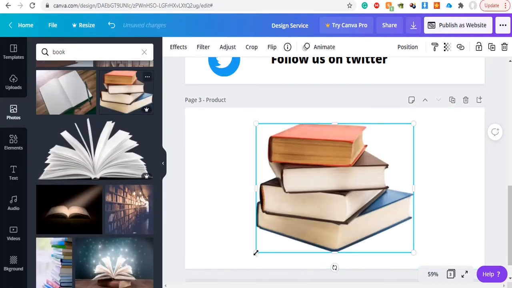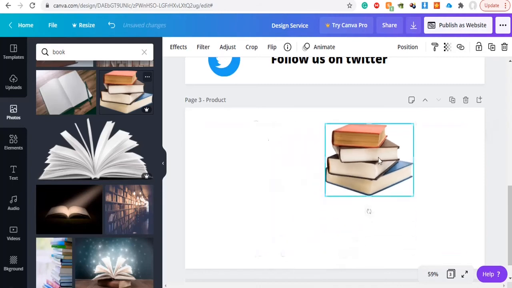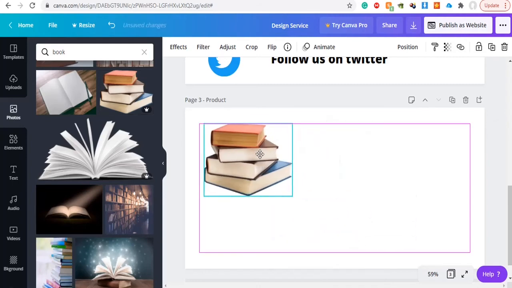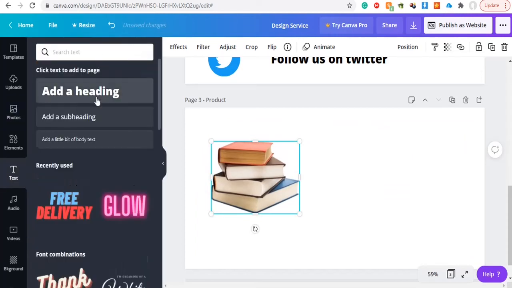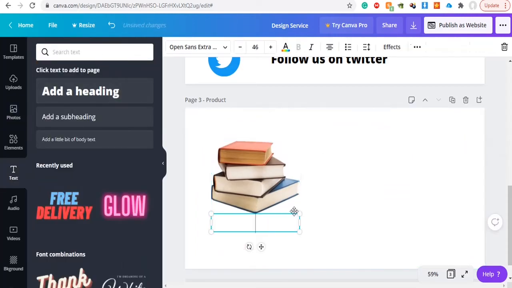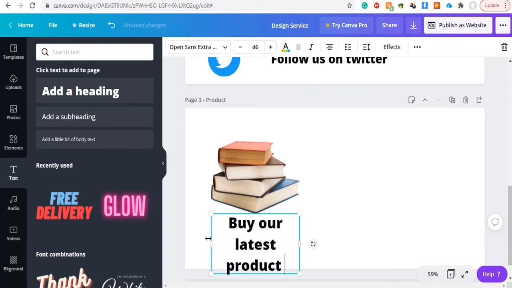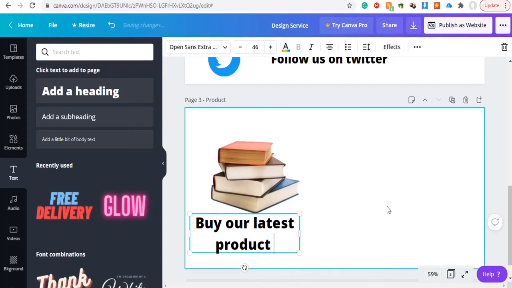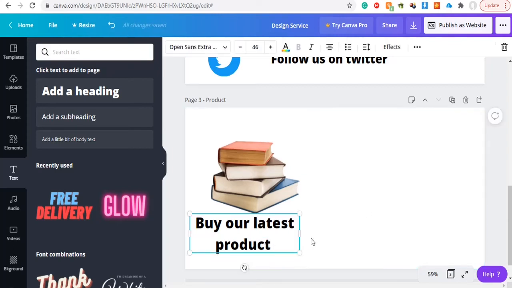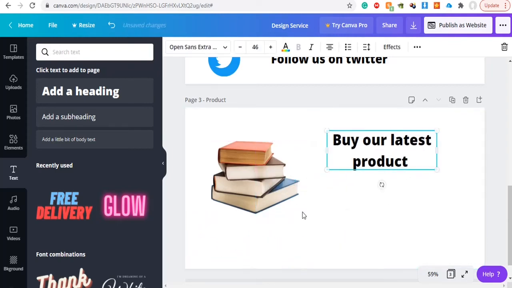You can see this is your product, you want to sell this. Put the image here, and then you can put a heading here, like buy our latest product, or anything, it depends. Now you can drag and put it here.